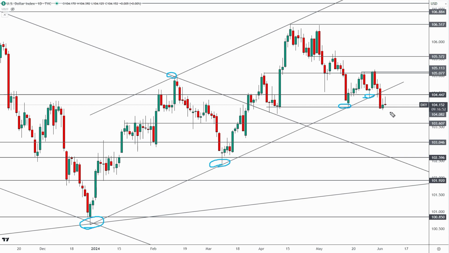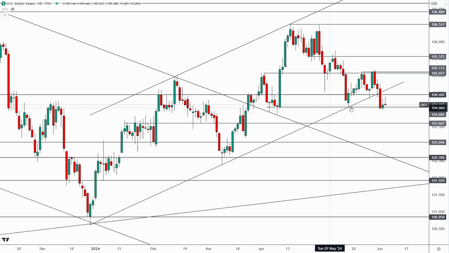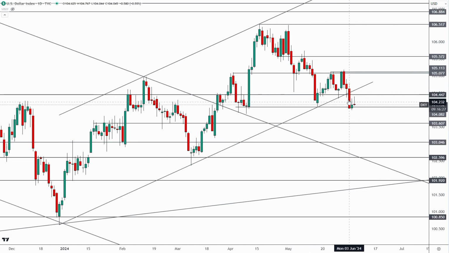Now, the reason that 1.086 is so significant for the euro is because, again, the euro is the heaviest weighted currency within the DXY index. So at over 50%, if we see this market close back below here, again, this is a big if, right? Because right now it is holding above support. But if this were to happen, then that right there would be most likely an early indication that the DXY could give us a bear trap down here, okay, a fake out, and reclaim levels like this up here, all right? And again, this is not saying this will happen, but it could happen, right?